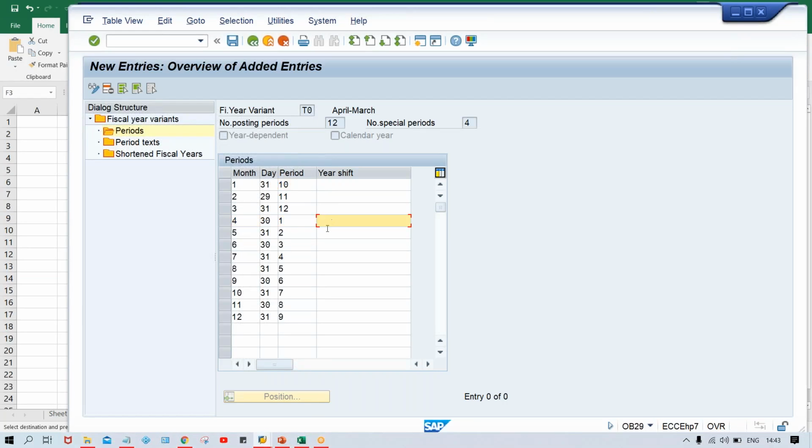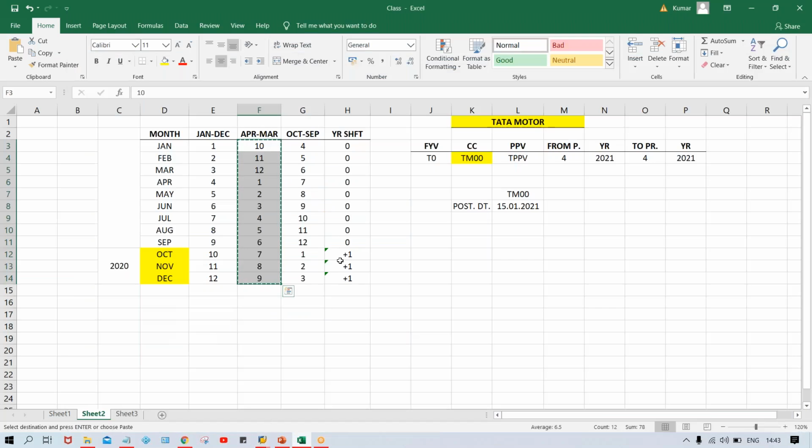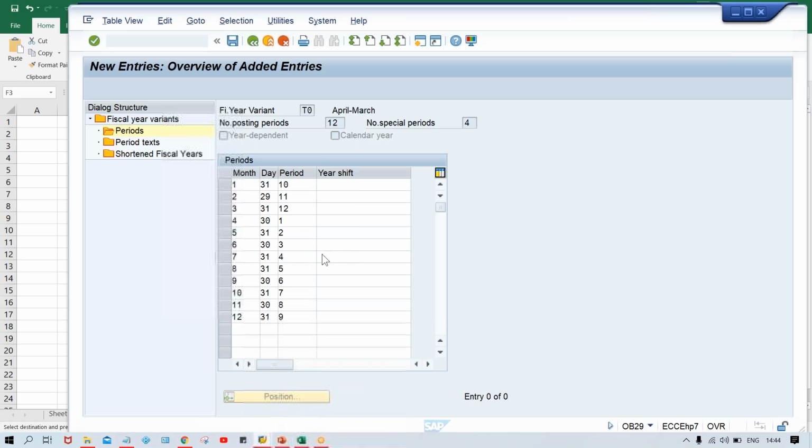And if you talk about year shift, then what will happen, guys? Year shift for all these is going to be 0 because they fall in the current year. These 3 months, January, February, March, are going to fall in the next calendar year, even though they are part of the current financial year itself.